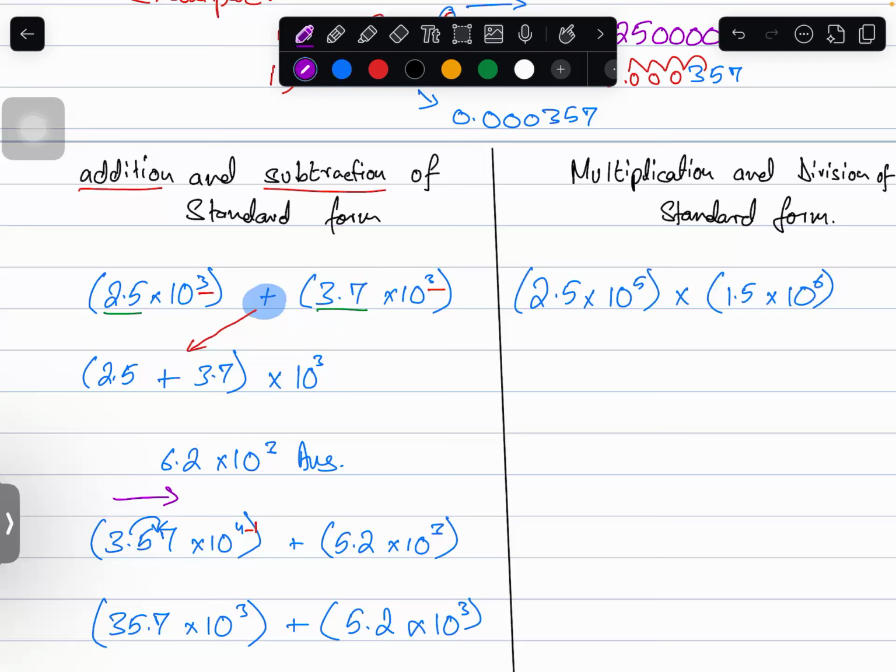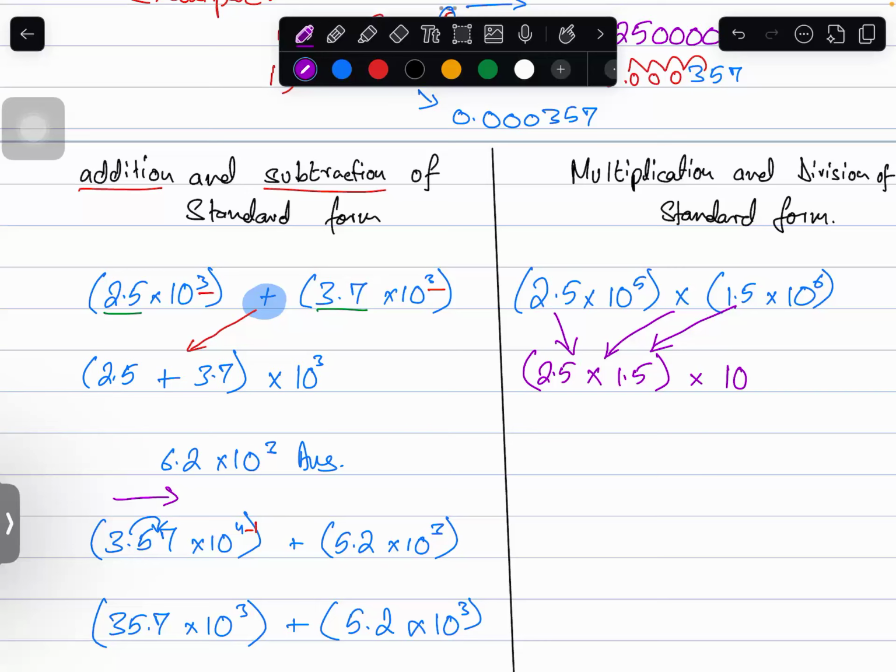It's because when we have a multiplication sign, the very first step is the same. We do not care about making the powers become the same or anything. We just write these two main numbers, 2.5 and 1.5. We apply the main function, that is multiplication, between these two. Exactly the first step that we do in addition and subtraction after we make the powers the same. Now, after doing that, we write